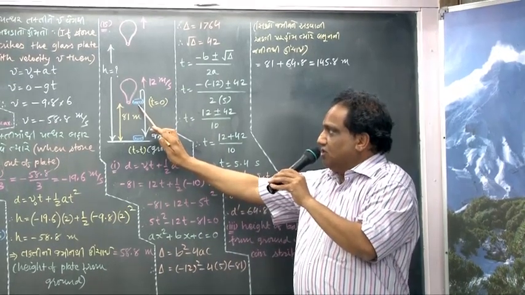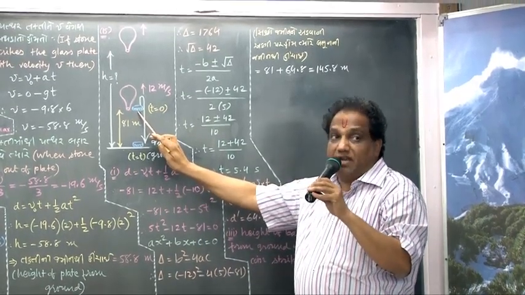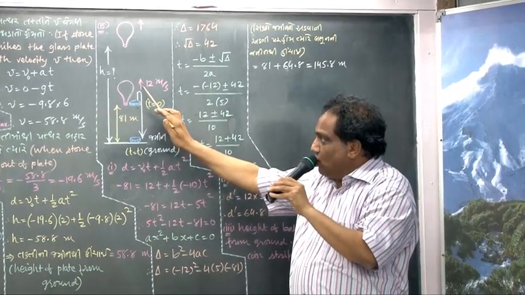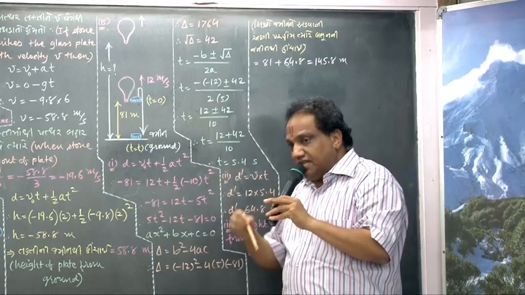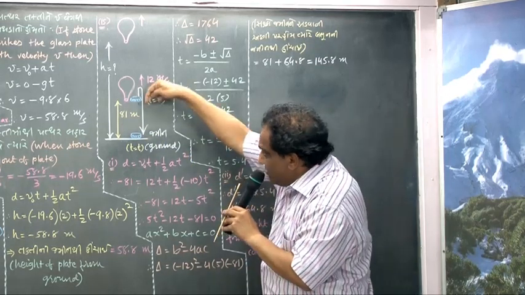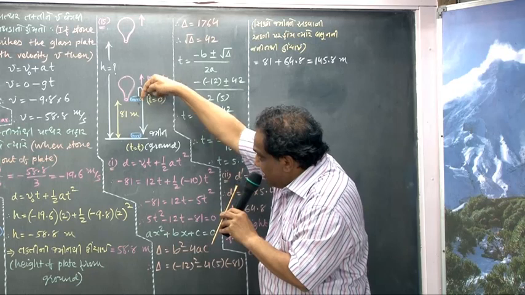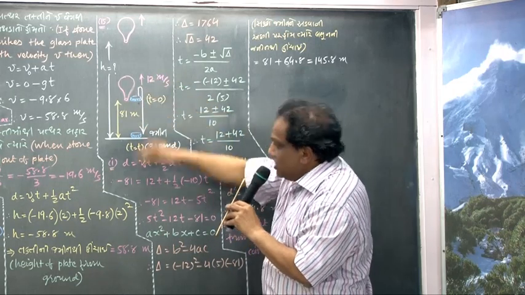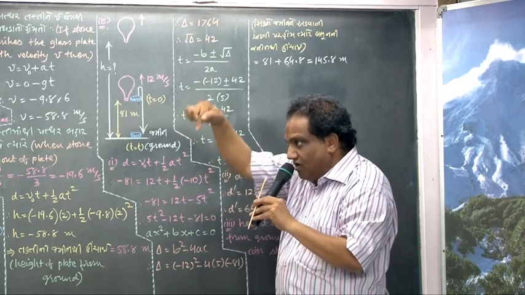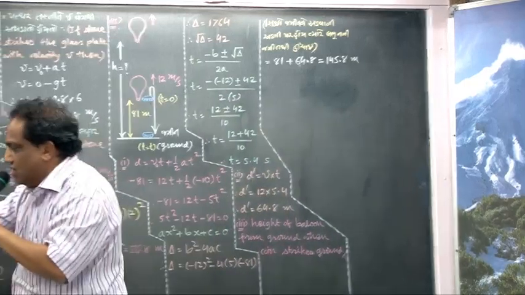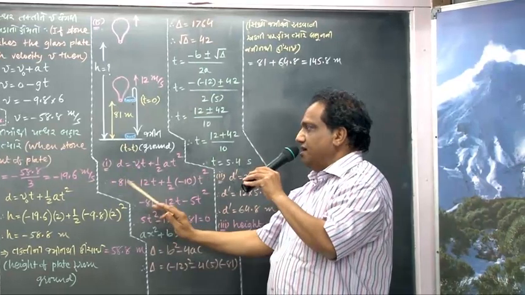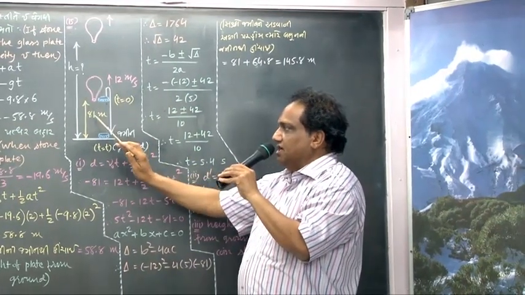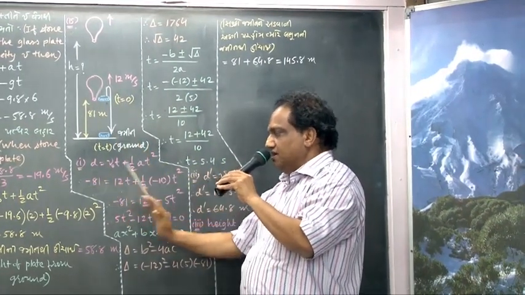Where was the initial position of the point? Here. And the final position after completing the whole journey is this, correct? The linear distance joining initial with final position will be vertically downwards, so downward displacement. For downward displacement, don't you know, it is to be taken negative. So I should write minus 81 meters, because this distance I know is 81 meters.